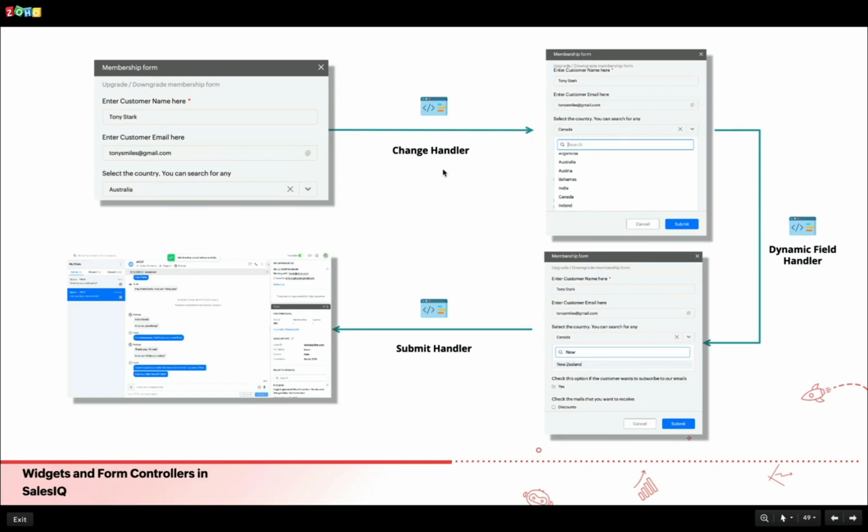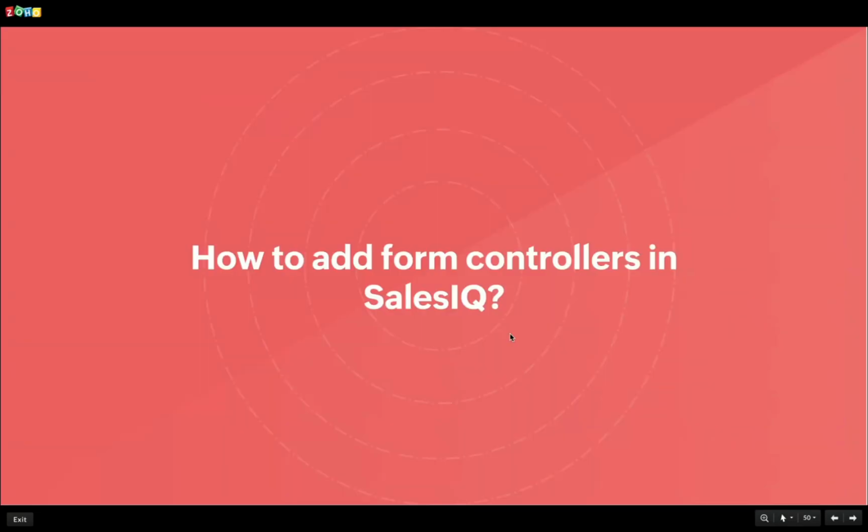So first comes the change handler and then comes the dynamic field handler, and once the action is performed, the submit handler comes into play. So this is the basic operational flow of a form controller. Before we move on to the next part, let me show you how to add form controllers in Zoho